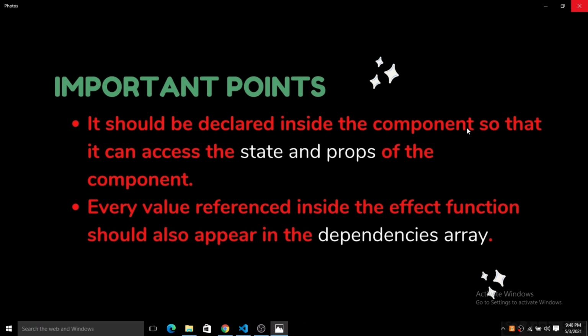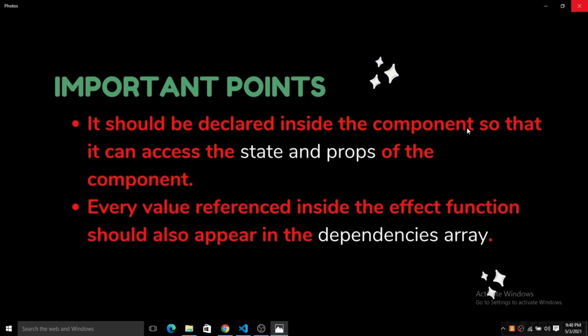So basically what is the dependencies array? This dependencies array is what we will use with the effect function. If we have any dependencies, so that it will be triggered according to that object or element, then you have to pass that object or element inside the dependencies array.